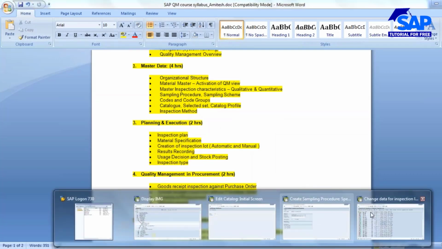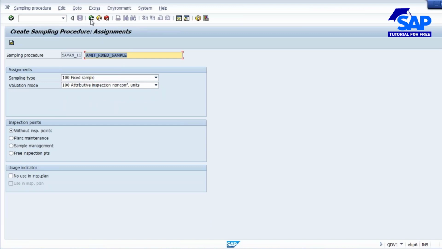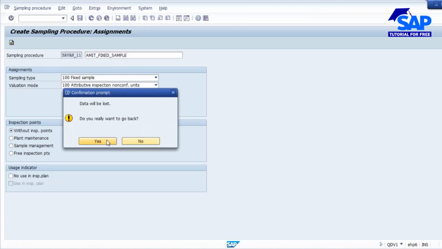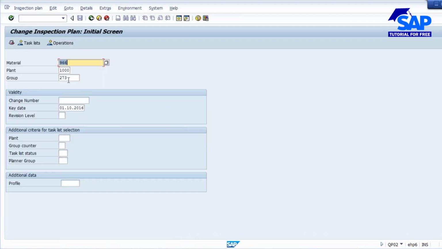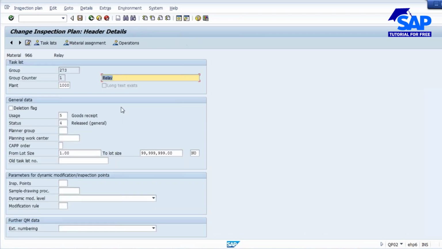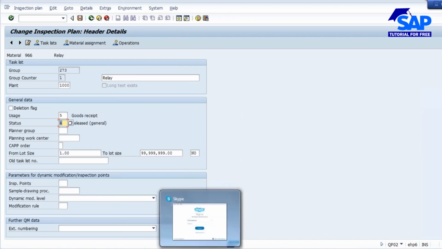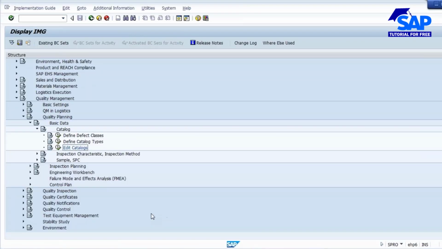Okay, so when you are creating the inspection plan for any material, when I'm creating the inspection plan QP02, let me take this material, enter. If you go to the header, what you are getting is usage and then status. These two things are normally put in the configuration. So if you go to the configuration,